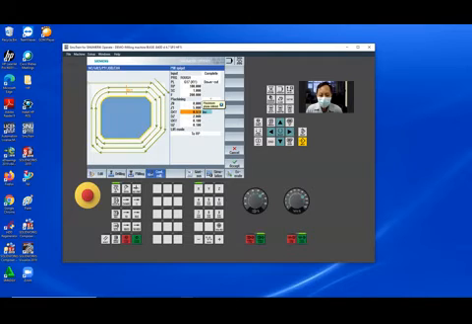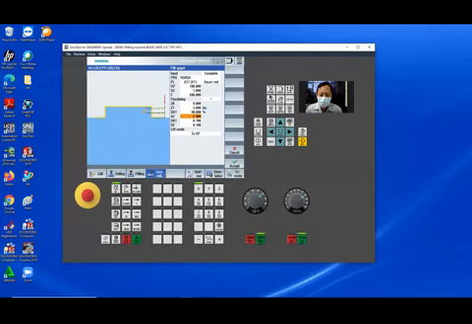Allowance, I think 50% is good. The maximum cut to allowance XY 0.1. Allowance in the Z 0. Okay, like this.